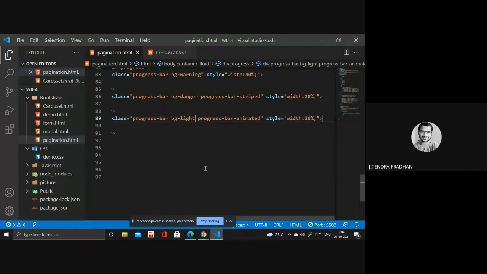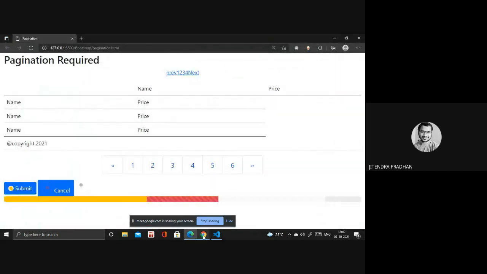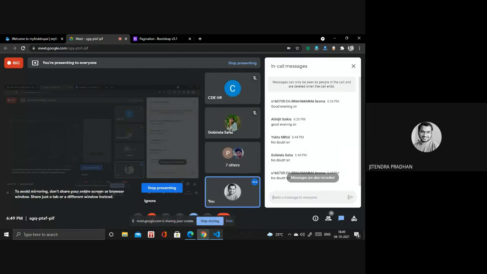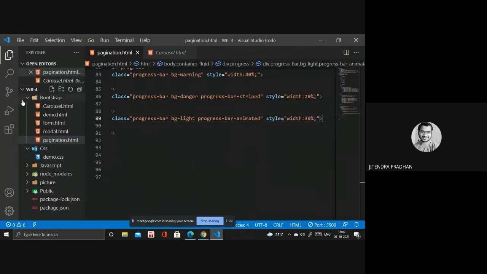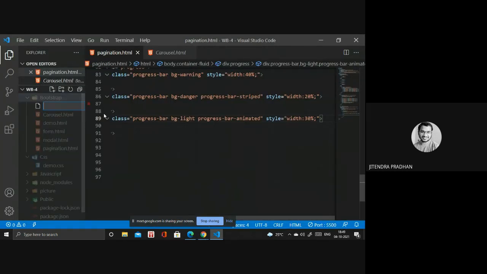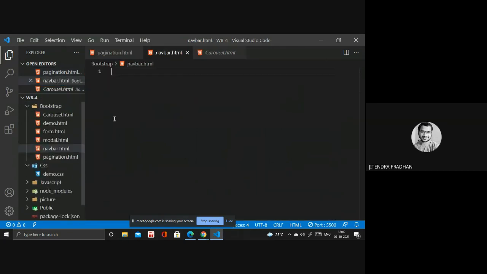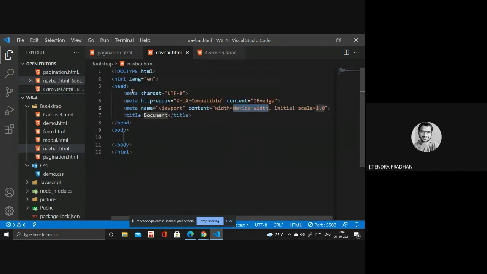Next we have to design a navigation bar, the navbar. Okay, how the navbar works, I will give you the idea and how it's responsive. Okay, let's see. I will create another file inside that bootstrap folder, navbar.html, for the navigation bar.